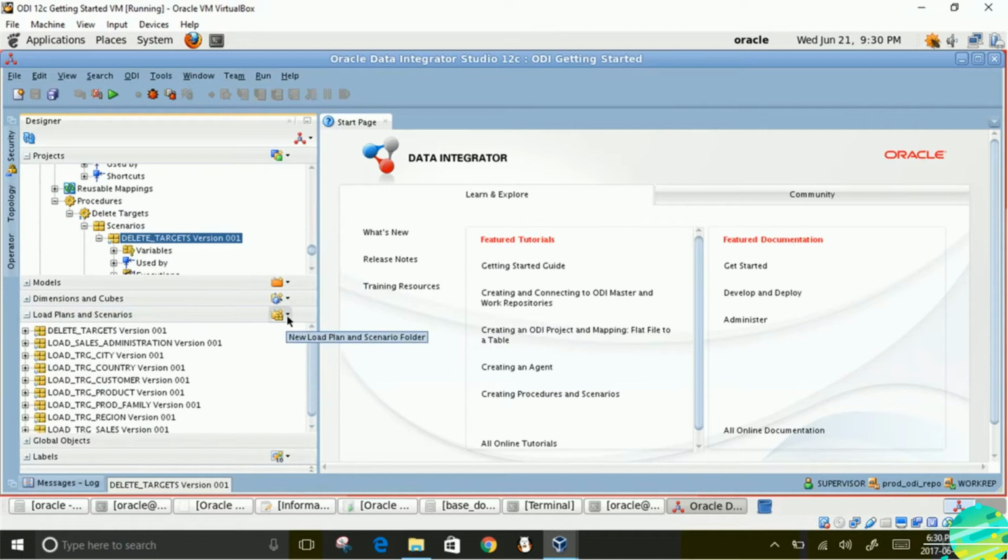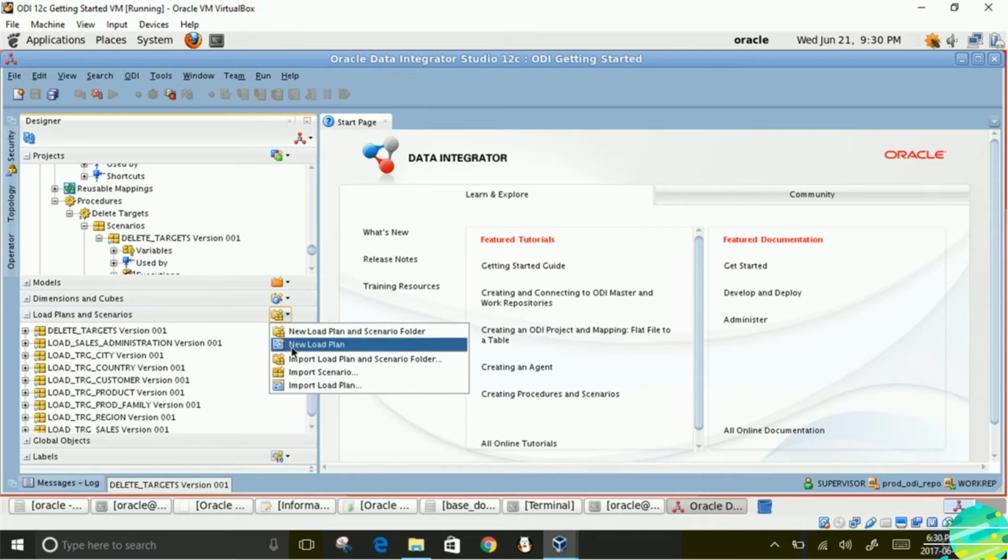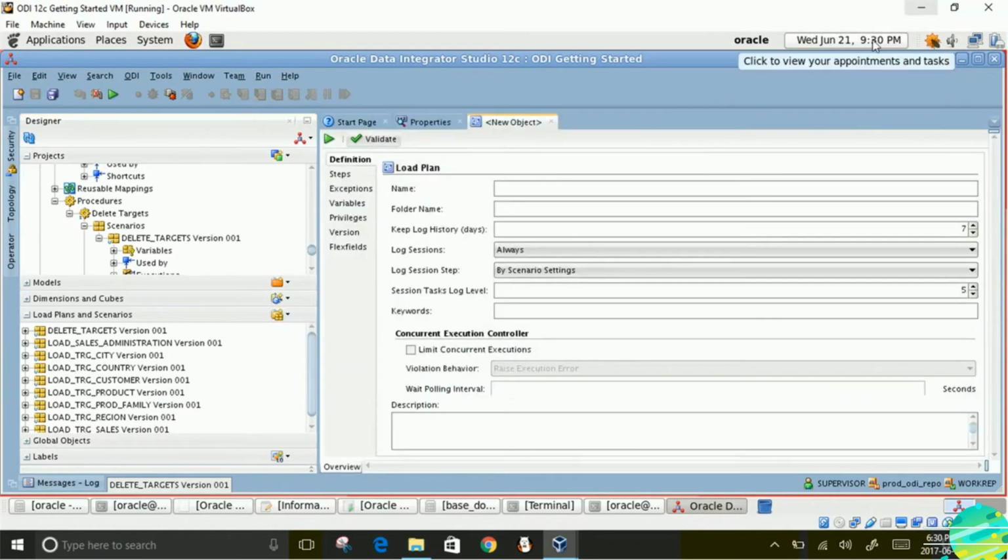Very good. Let's go ahead and start creating load plan. Click here and say new load plan. Right here our load plan screen.